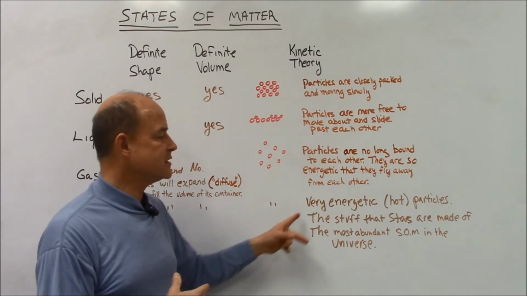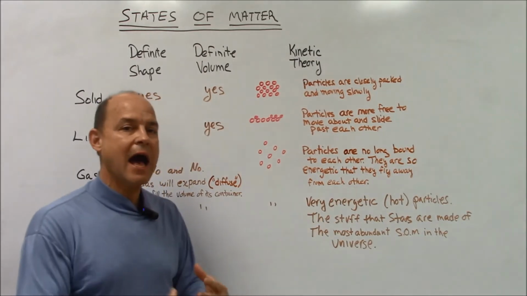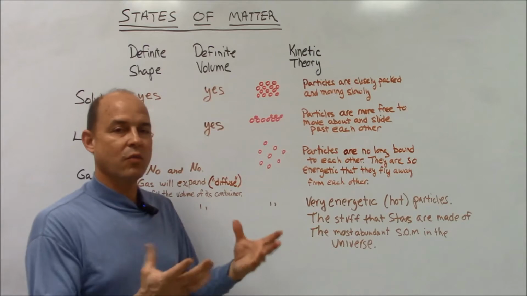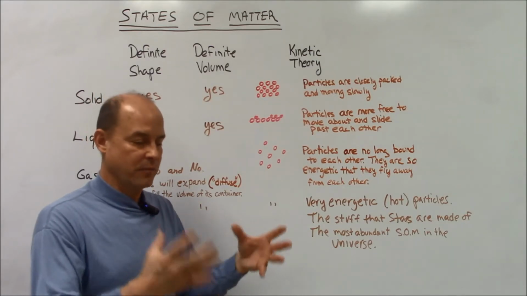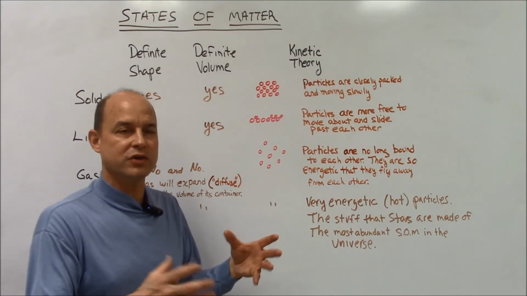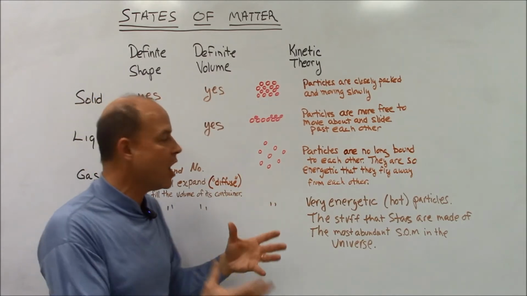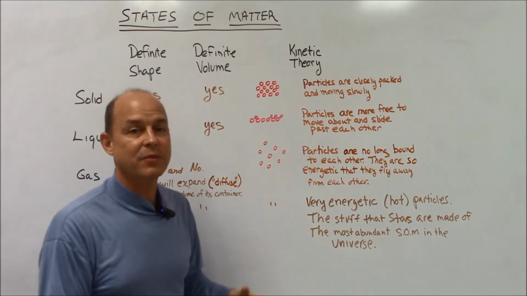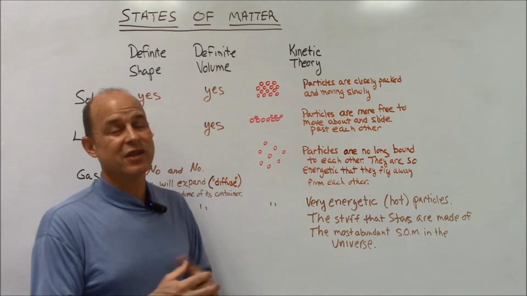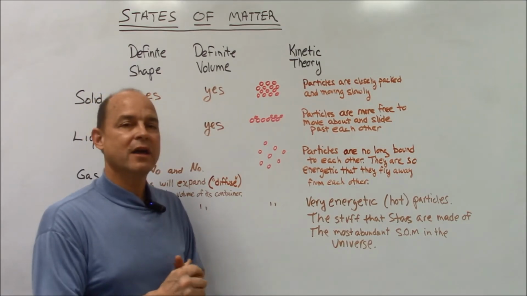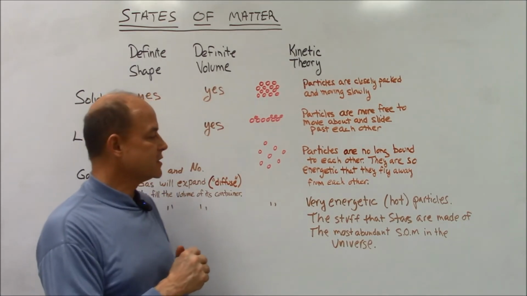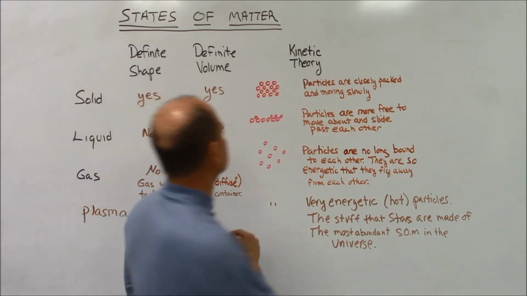Well, I've talked a lot about atomic theory and things like that just to tell you what a plasma is, but suffice to say that very energetic hot particles, actually it's like the kind of particles that are involved in a nuclear explosion. Our sun is a nuclear bomb going off. Our sun is a plasma, and most of the universe is suns and stars, and so that's why plasma is the most abundant state of matter in the entire universe.